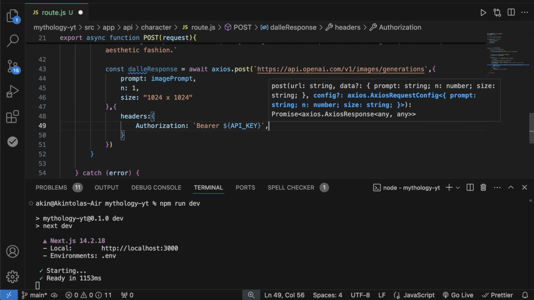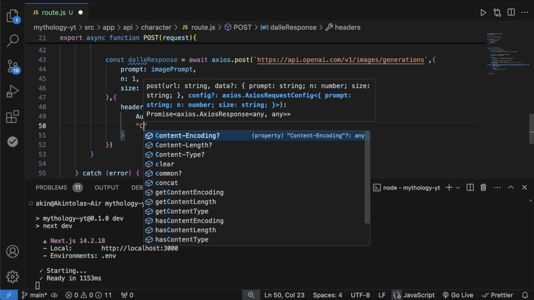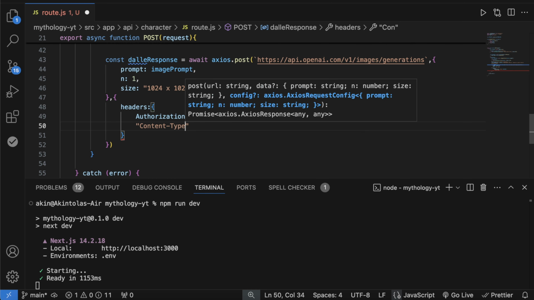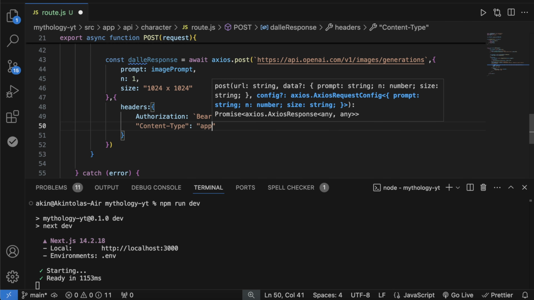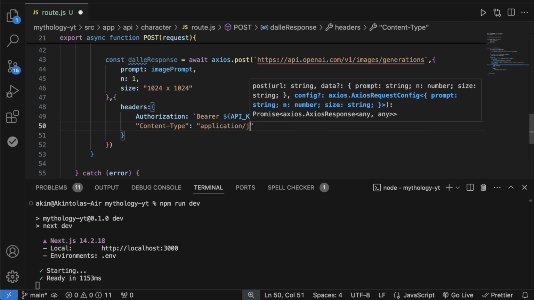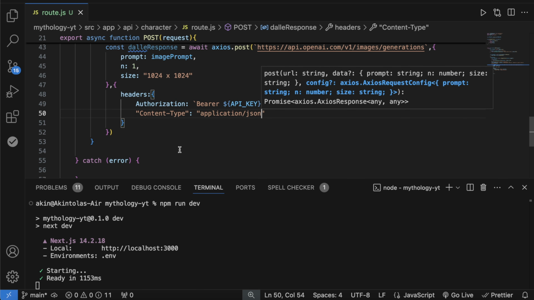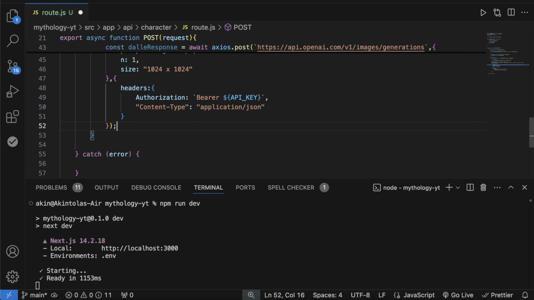Awesome. And then we're going to have content type. And our content type here is going to be application/JSON. Awesome. So with that, we're all set with that. So now we can go over to, let's see, what do we need to do here? We can come here, and we can say